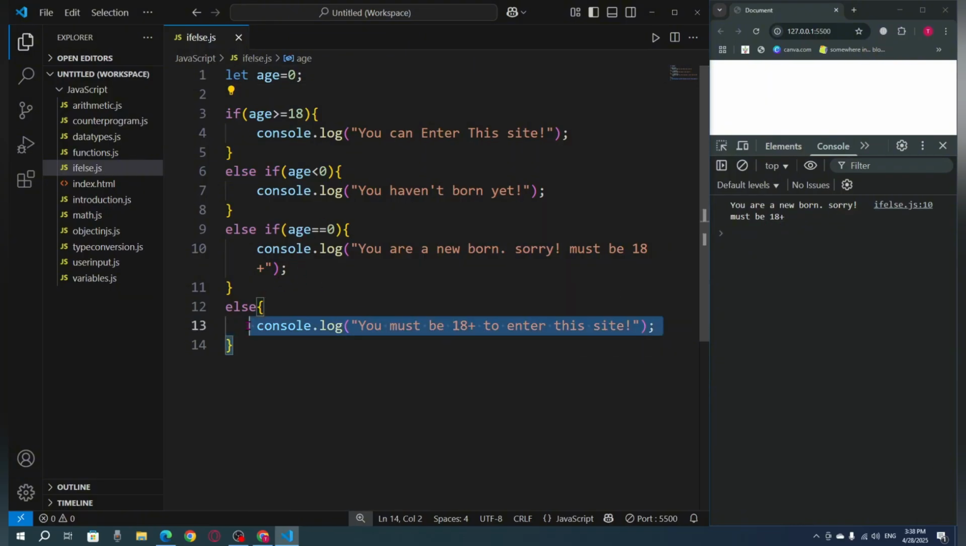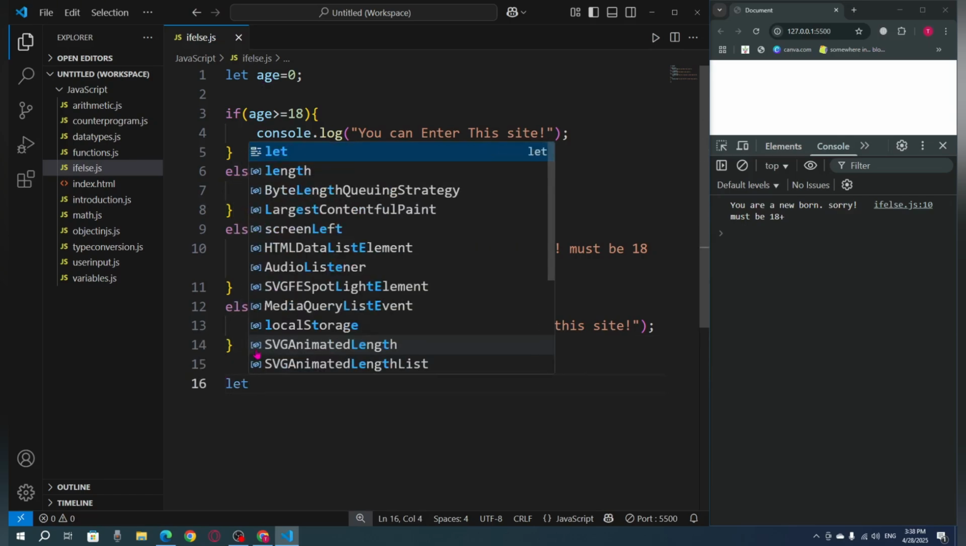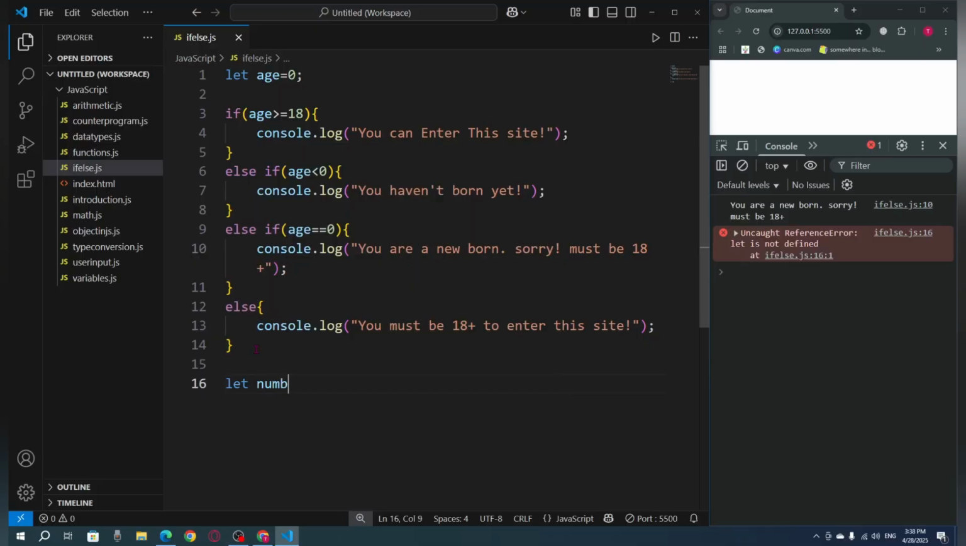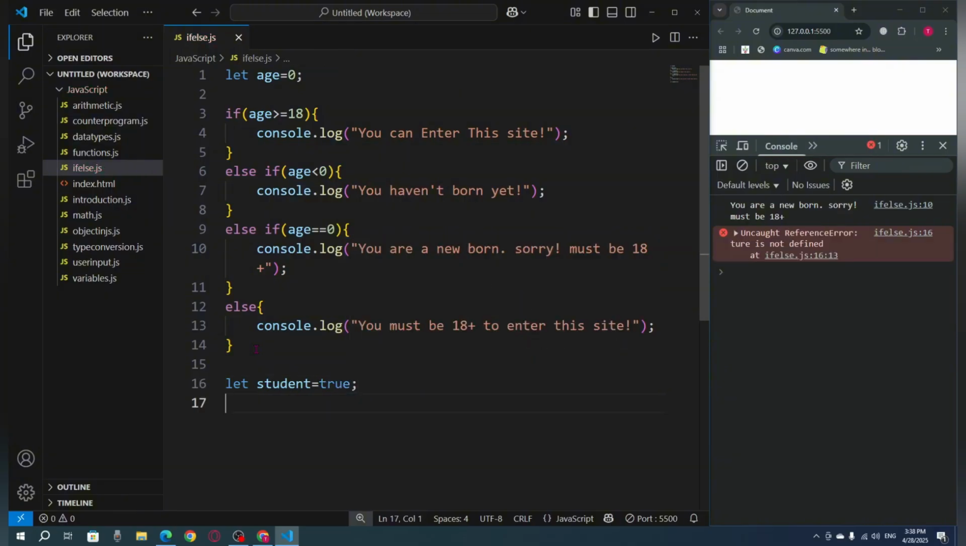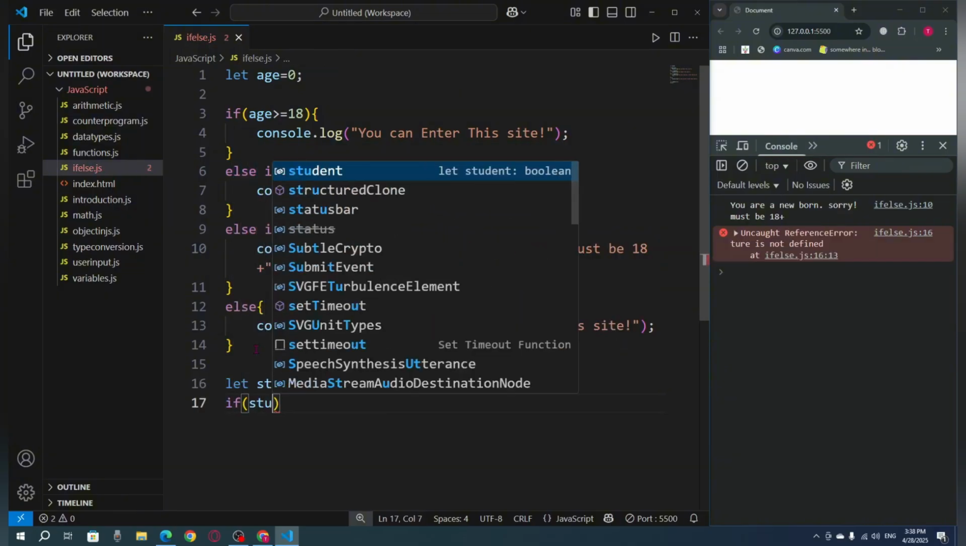So this is how you can write if else. We have another way to do if else. Let's say I want to go here and set one more variable, let's say student. Student is equal to true. So I will say if student,